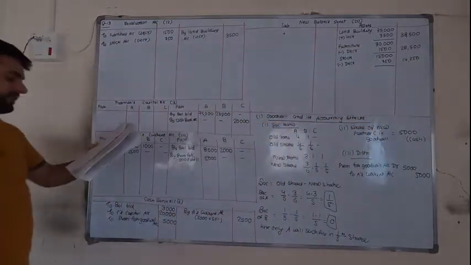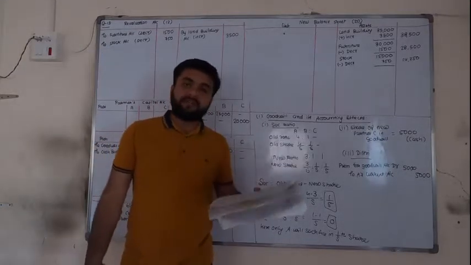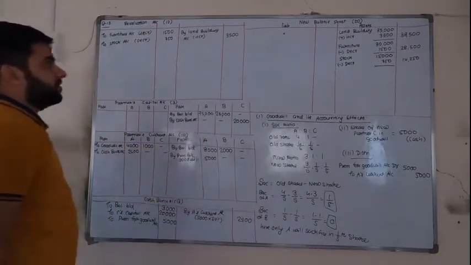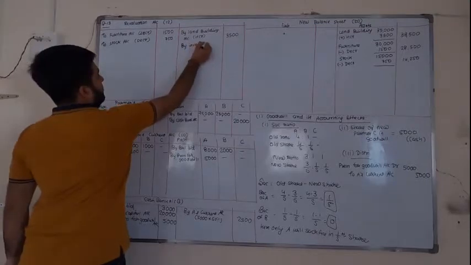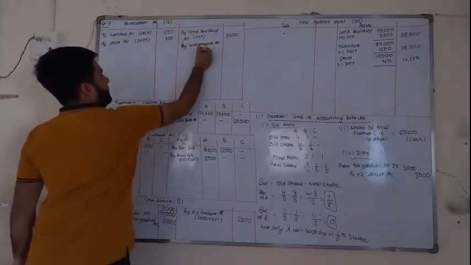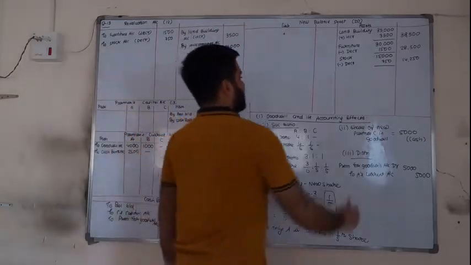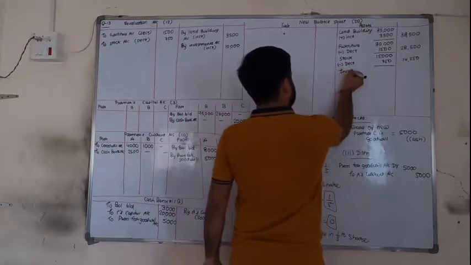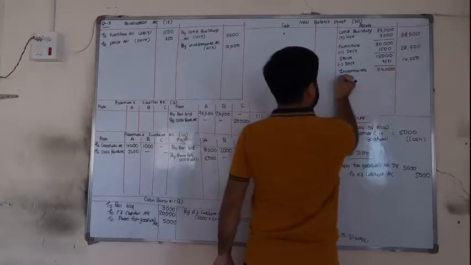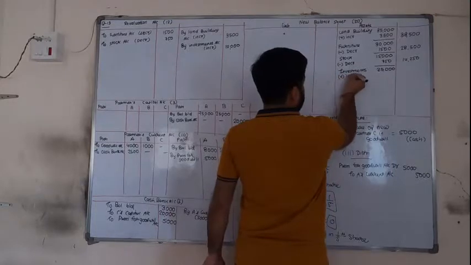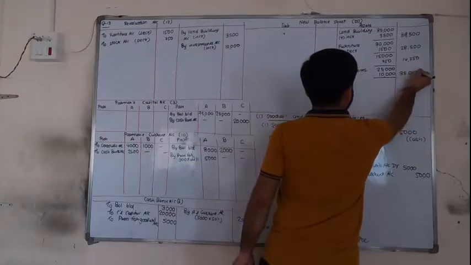Next, market value of investment is 35,000. Investments were 25, now it is 35, it is increasing, so it is profit, which means revaluation credit by investments account, in bracket increase by 10,000. Next, on the asset side, investments in the inner column 25,000 plus increase 10,000, in the outer column new value 35,000.